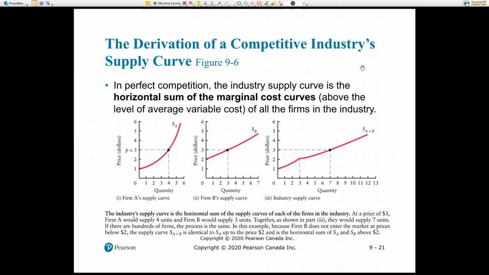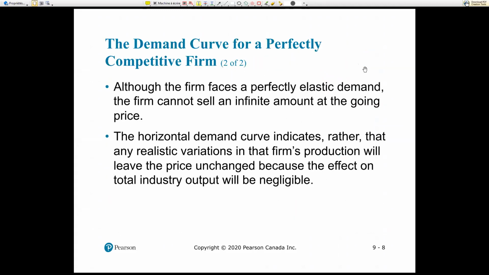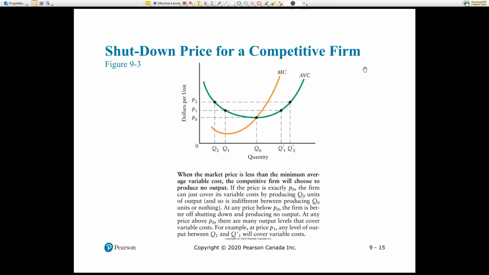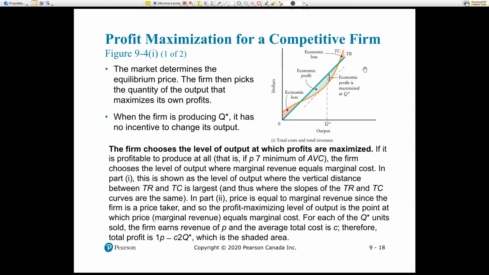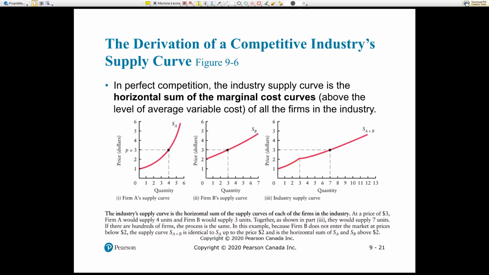All right, so the first 21 slides are all what we've seen so far. It's exactly the same. It's just I made it in my way. But yeah, if you can just reread it to make sure that you understand what's going on. All right. So here we start with the new stuff. So derivation of the competitive industry supply curve. So imagine that here I have an industry that's made of two firms.